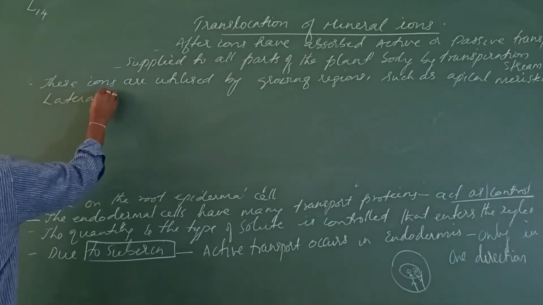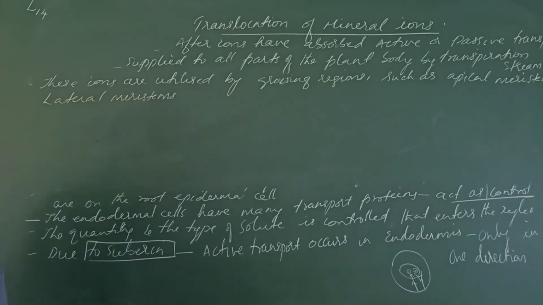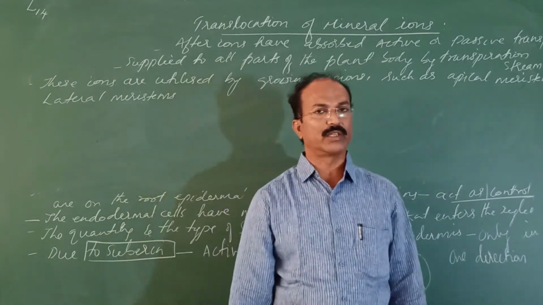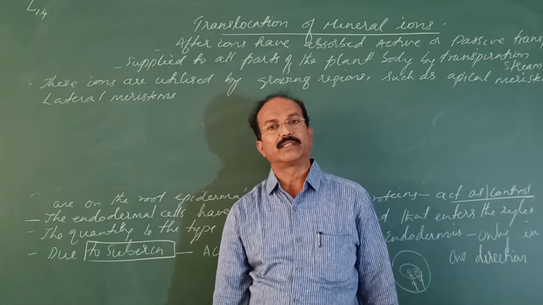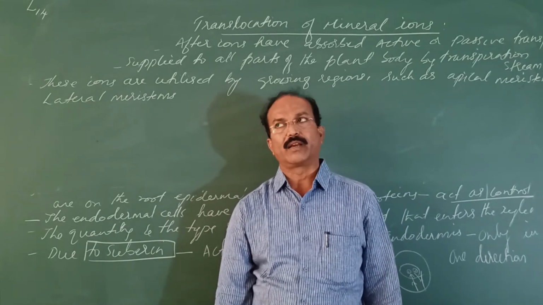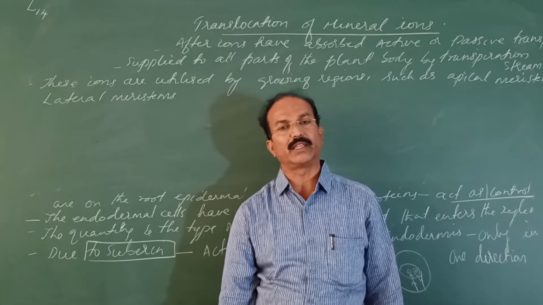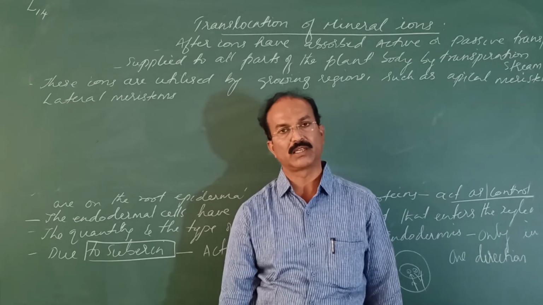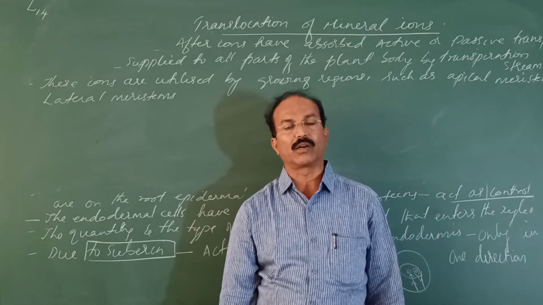You know what meristems are? There are different types of meristems. Primary meristems and secondary meristems, based on their origin, and we classify based on their location: apical meristems, lateral meristems, and intercalary meristems. Apical meristems are in the apex of the plant body, at the tip of the root and shoot. These are young, actively dividing, undifferentiated groups of cells that are capable of giving rise to different tissue systems within the plant body. They are called meristems.